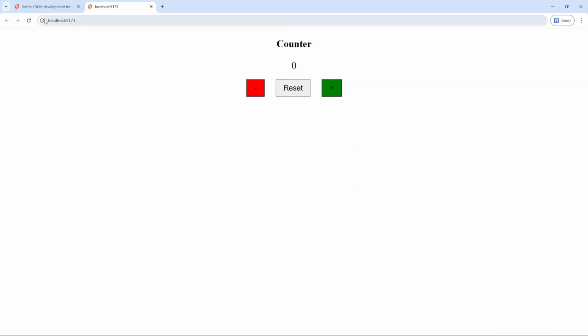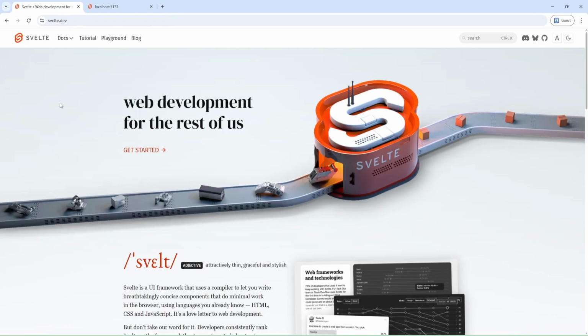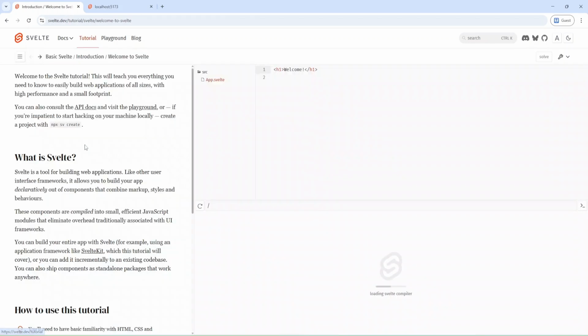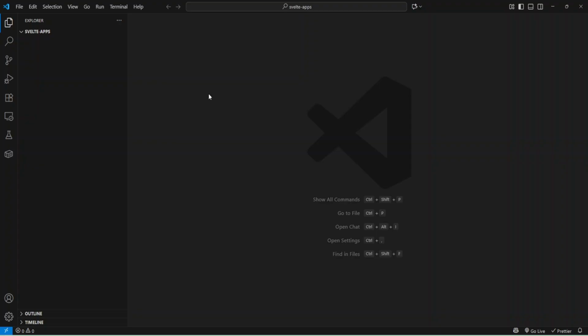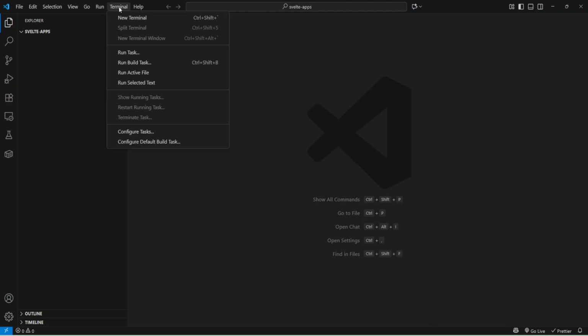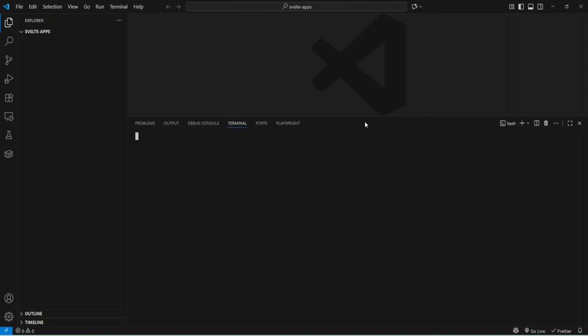Okay, and for the implementation, I'm going to use the Svelte docs and we'll use their tutorial. Okay, let's go to the code and build our application. I launched my Visual Studio Code and opened the folder Svelte apps, and now I'm going to run a new terminal